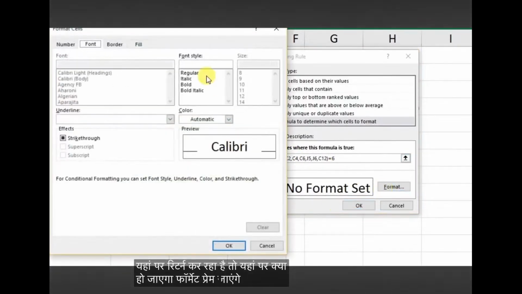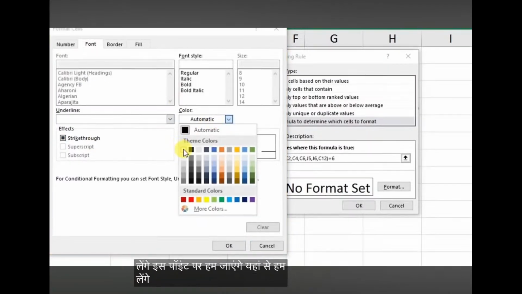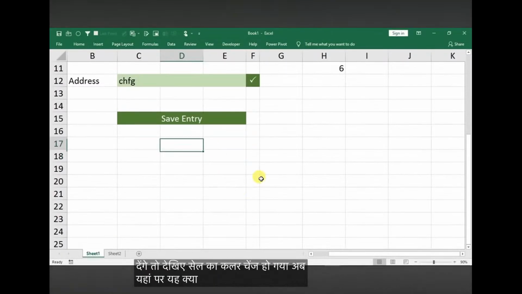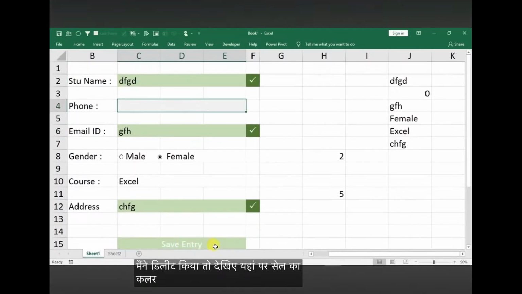तो यहाँ पे क्या हो जाएगा, फॉर्मेट पे हम जाएंगे और फिल पे हम जाएंगे, यहाँ पे डार्क कलर हम सेलेक्ट कर लेंगे, फॉन्ट पे हम जाएंगे, यहाँ से हम व्हाइट कलर ले लेंगे और ओके कर देंगे, ओके कर देंगे, तो देखिए सेल का कलर चेंज हो गया। अब यहाँ पे क्या होगा कि अगर मैं कोई भी एंट्री यहाँ से डिलीट करता हूँ, मान लीजिए ये मैंने डिलीट किया, तो देखिए यहाँ पे सेल का कलर तुरंत चेंज हो गया।